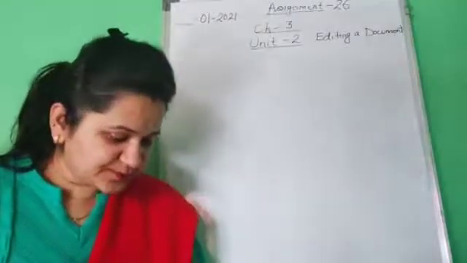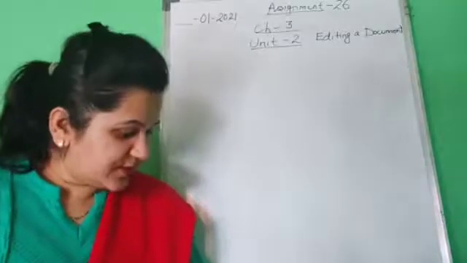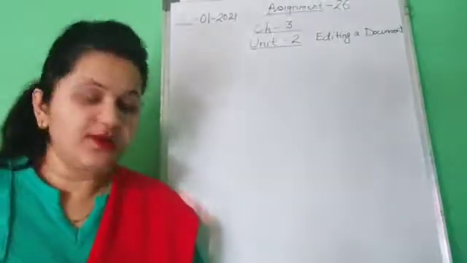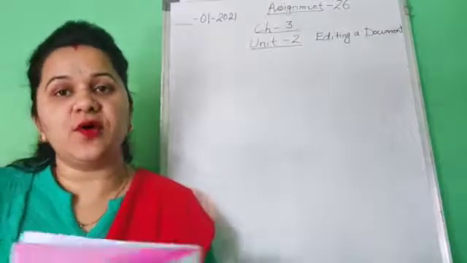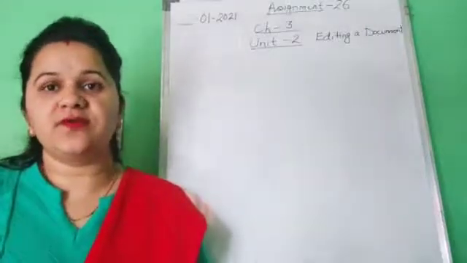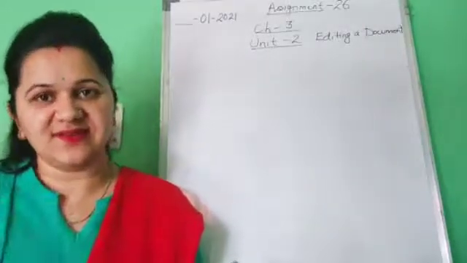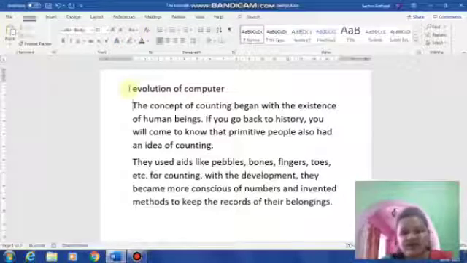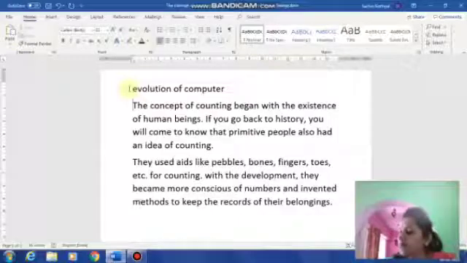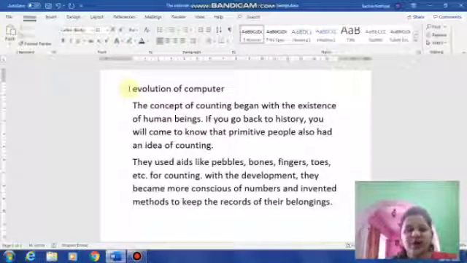So children, now we'll be continuing with the practical. I'll show you how you can edit a document with the help of some practicals. So what are we waiting for, let's have a look. See children, this is an MS Word document. Here I have written two paragraphs. The first task that I'm going to perform in this is change case. Undo and redo we'll do later, but first I will tell you how you can use this change case button.